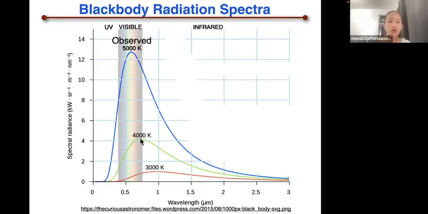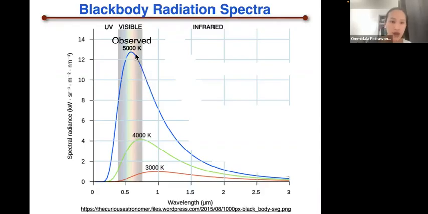If you're looking at the object that is heated to a higher temperature, let's say 4000 Kelvin, in this case, you are going to see that the graph shifts a little bit toward more of the visible light region. You probably notice that the light emitted covers various wavelengths, but the one that is most radiant is going to give off around this reddish color right here. If you're looking at those objects that are even hotter, like around 5000 Kelvin,